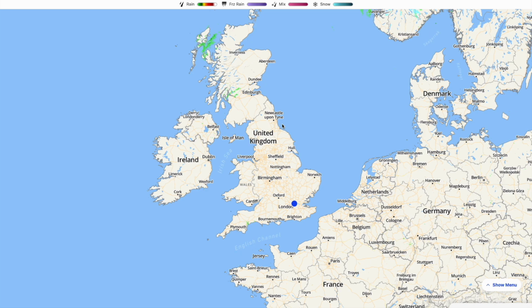Now, the GEM and the ECM, though, only go out to day 10, but already here we're starting to potentially see some small changes, especially around that sort of North Atlantic and general Northern Hemisphere pressure patterns, starting to see a few shifts. The GFS still seeing some quite substantial shifts beyond day 10, and interestingly today, the last few frames of the latest GFS are exactly a carbon copy of what we were seeing in our